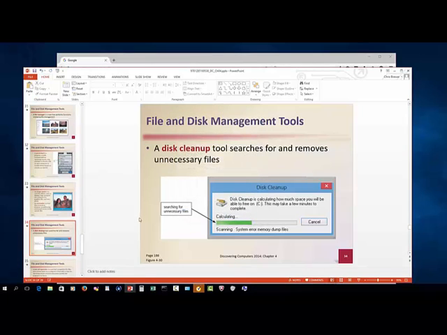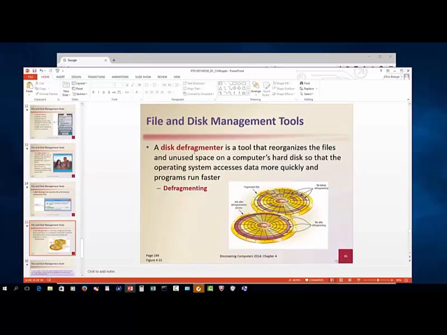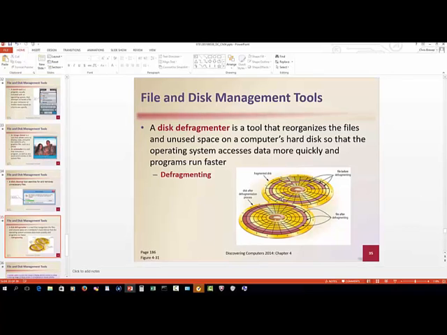Another one is disk defrag. Maybe it gets full screen again. Disk defragmenter. So this is the way your computer looks when it's brand new, but after time, your disk kind of gets fragmented. You have parts of stuff here, stuff here, stuff here, stuff all over the place. And when your disk gets fragmented,